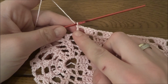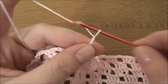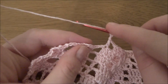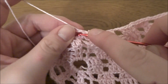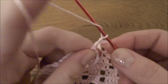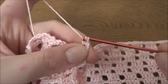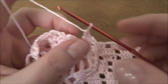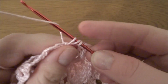Okay, so I finished by making the last double crochet. Now we need to work chain of 3. We are going to the next chain 3 space between 2 groups of 2 double crochets, and we will work the same. So 2 double crochets, 1 and 2, then chain of 3 and 2 double crochets, 1 and 2. Now chain of 1, 1 double crochet into the next chain 3 space,